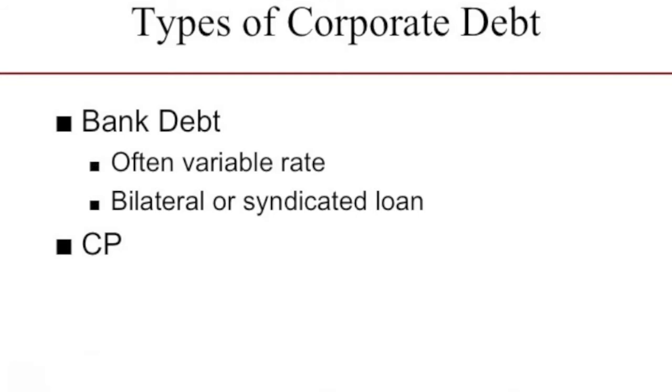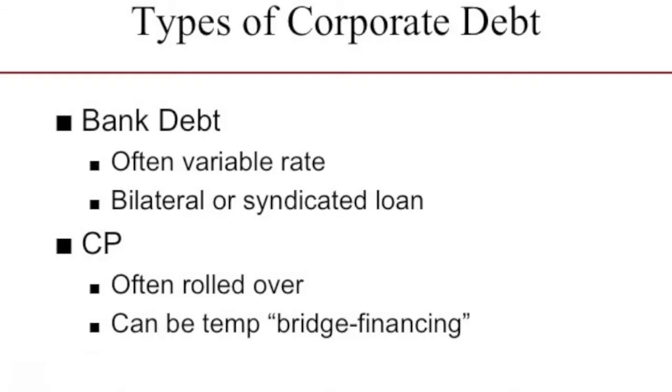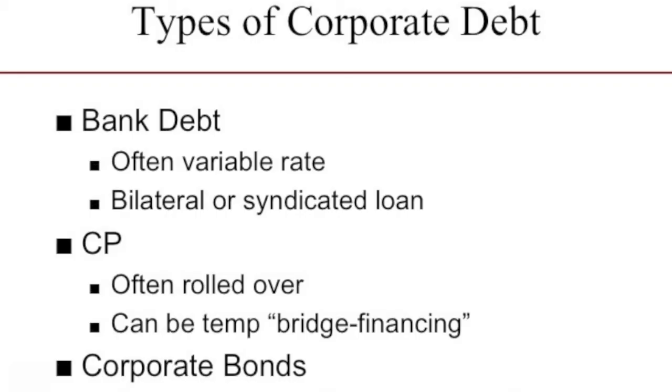CP is commercial paper. This is short-term, unsecured, negotiable, i.e. tradable instruments. It's basically a short-term, usually weeks or months when it's first issued, zero coupon, hence discounted security. Often companies will frequently issue these, effectively rolling over their finance. This is sometimes used as bridge finance, i.e. the company is using it just to bridge a short length of time before they perhaps raise more long-term funding, such as corporate bonds.